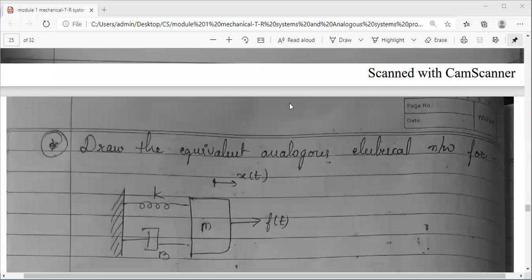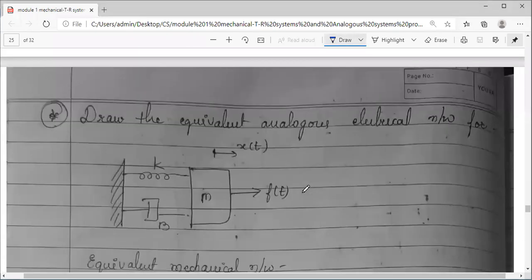In today's session, we are going to continue the problems on rotational mechanical systems, and how to find their analogous electrical systems for the force voltage analogy and force current analogy. Not force, torque voltage and torque current, because we are now into the rotational mechanical system. So instead of force, I need to use the terminology torque. This example, which you can see on the screen, we have already solved.